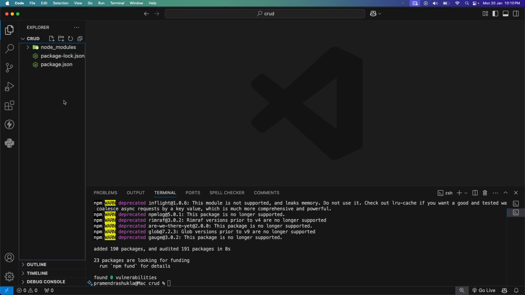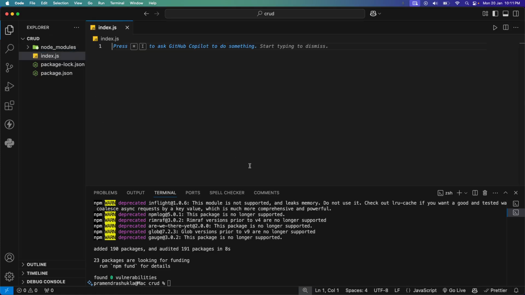Okay, now what you need to do, you need to create a new file inside your main root folder. This is the root directory where all these three files are present. This folder and all these two files are present. So this is the root directory, right? So for selecting the root directory, you can simply click on the blank space here, and you will see this green box, right? So now our main directory is selected. So here you need to create one new file with the name of